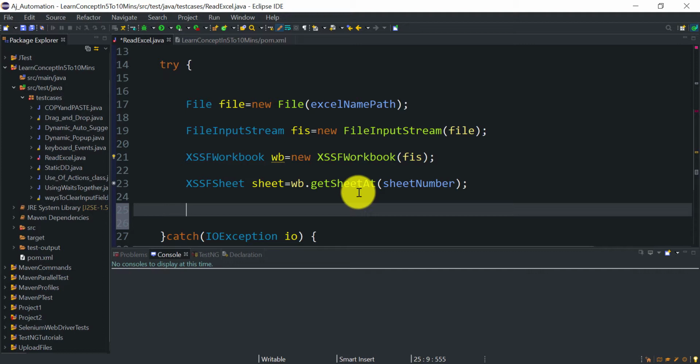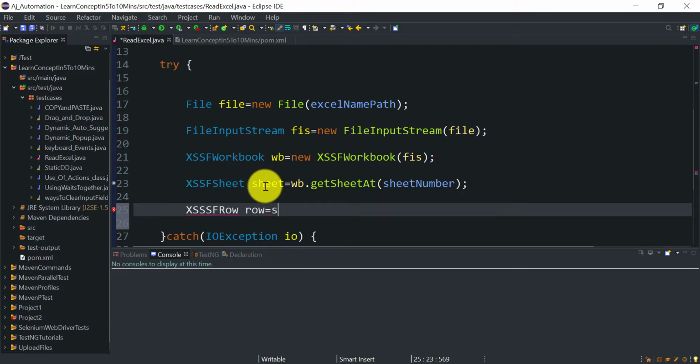So from that sheet I want to read that cell. For that purpose, first I need to get the row, right? And from that row I will get that column number. So now we will create an XSSFRow object, row. Here we will get the row number that you want to read, so that row we will get from this sheet object.